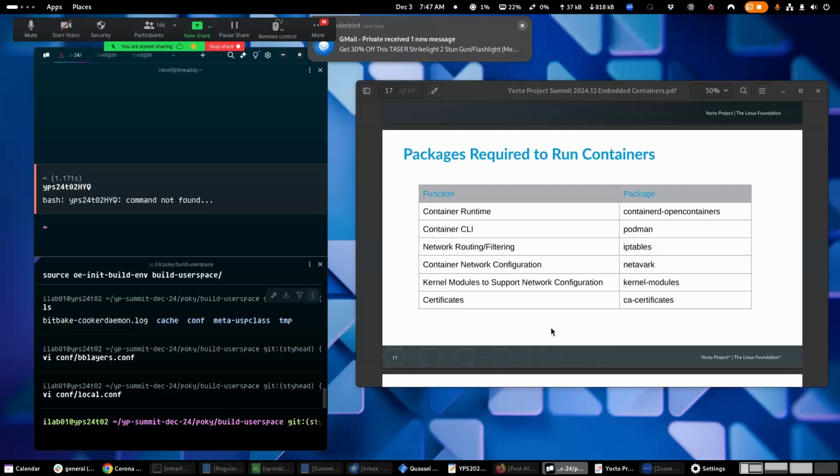We need iptables. There's network routing and filtering going on to and from containers. We need container network configuration, and we're using Netavark here because it's very tightly integrated with Podman. CNI, the Container Network Interface, does work with Podman too, but it does not have inter-container DNS enabled, and that's